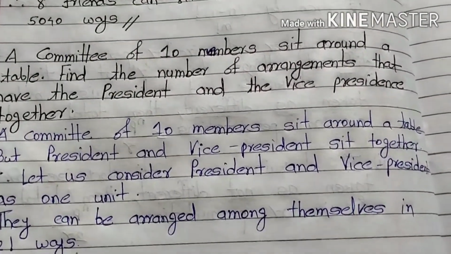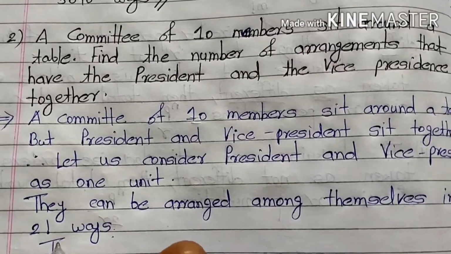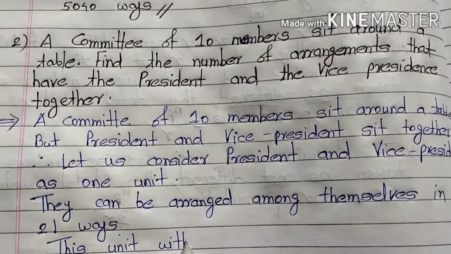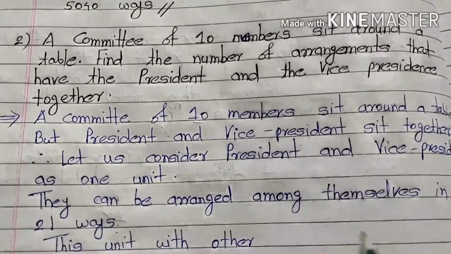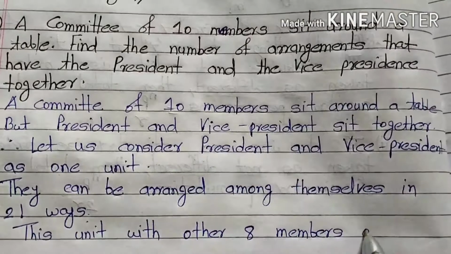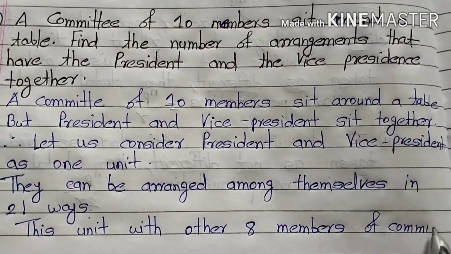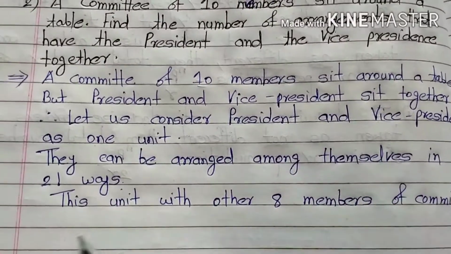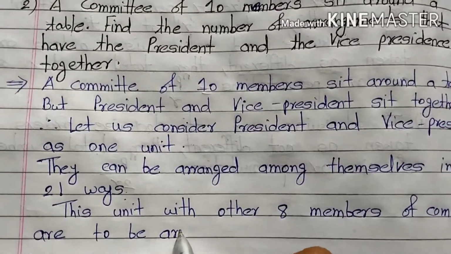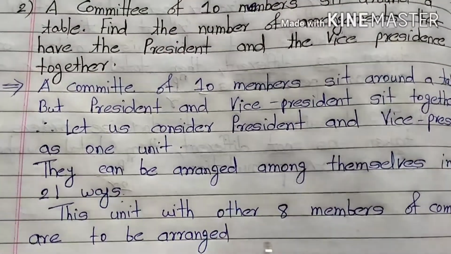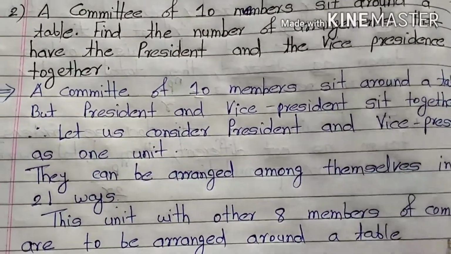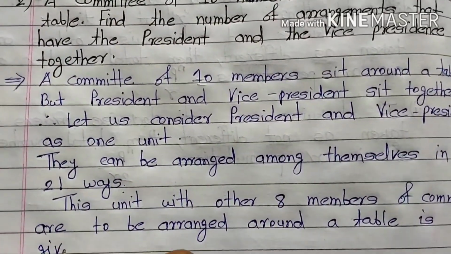So this unit with the other 8 members of the committee are to be arranged around a table is given by,